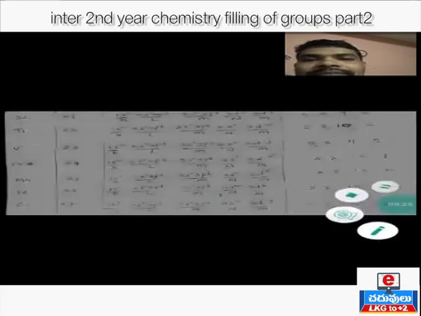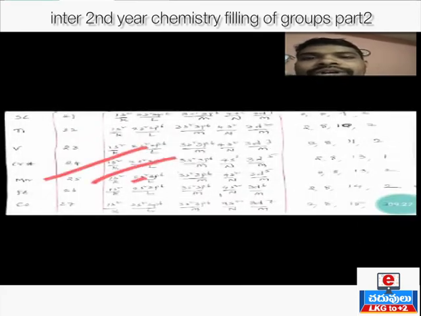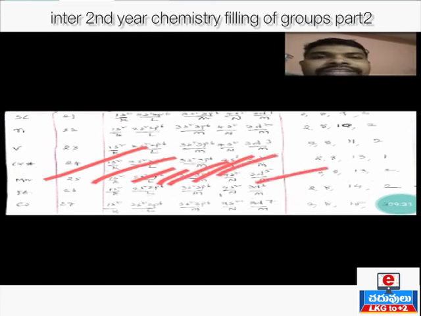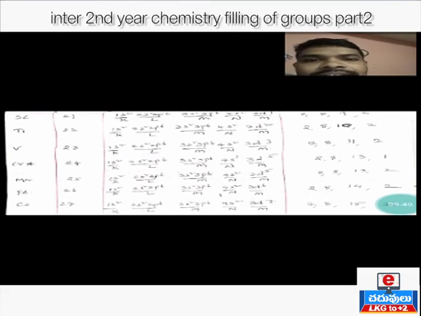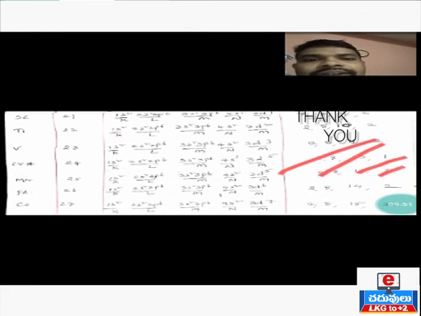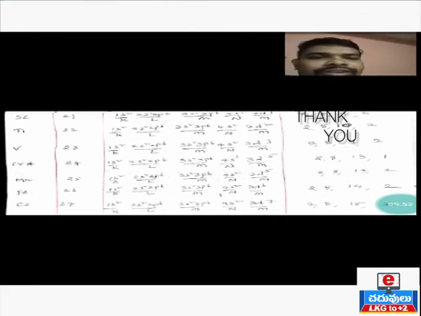Manganese atomic number 25, configuration 1s2, 2s2, 2p6, 3s2, 3p6, 4s2, 3d5. From chromium and manganese onwards, the electronic configuration follows the same pattern. So shell configuration: 1s2 is K, 2s 2p is L, 3s 3p 3d is 13, 2 plus 6 is 8, 8 plus 5 is 13, and 4s contains 2 electrons. So this is manganese configuration. Clear? So the remaining elements configuration I will tell you